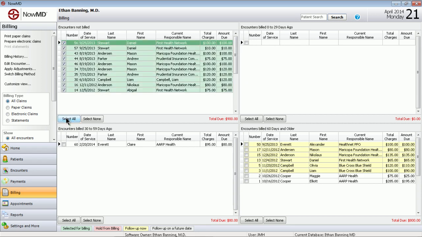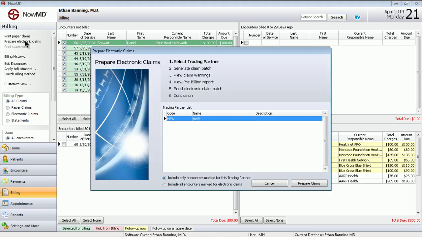I can select all of those claims, so now they're all selected for billing, and then I can go to Prepare Electronic Claims. With NowMD, you can send claims to HEW, our preferred clearinghouse, and you can also prepare ANSI 5010 837 claim batches for submission to other clearinghouses. So there's a module available that will allow you to create an ANSI 5010 837P file that can be submitted